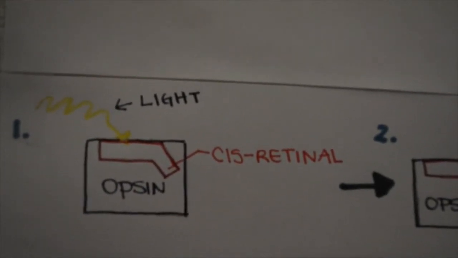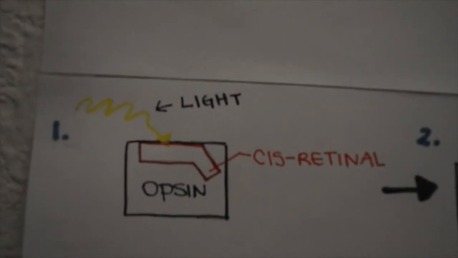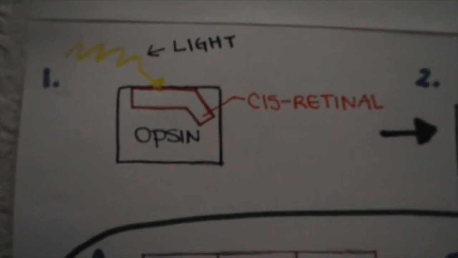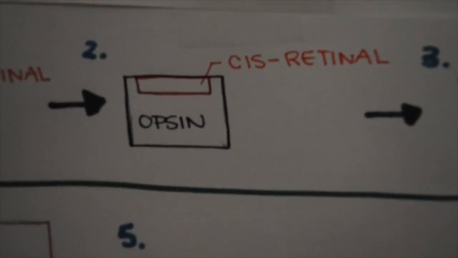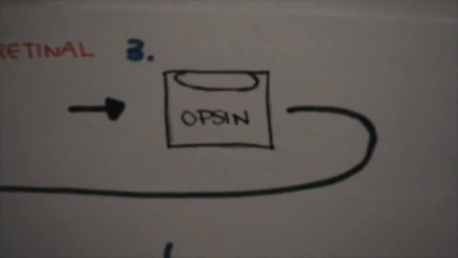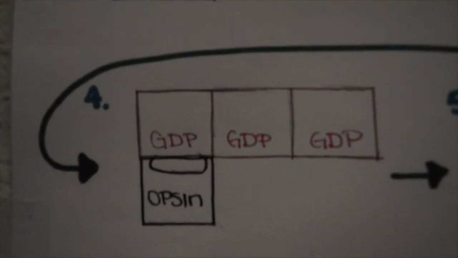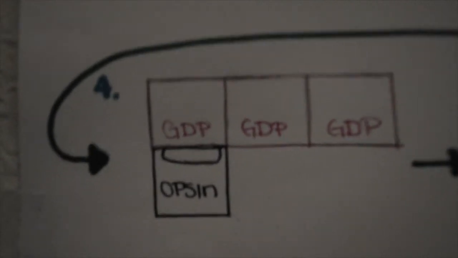When a particle of light called a photon enters through the pupil and the lens of the eye, eventually hitting the layer of retina in the back of our eyes into the rod cells, this photon hits the cis retinal, causing it to change shape into transretinal, which therefore loses its attraction to the opsin molecule, therefore freeing the binding site of the opsin molecule, therefore allowing the transducin and one of its GDPs to bind to the opsin molecule,